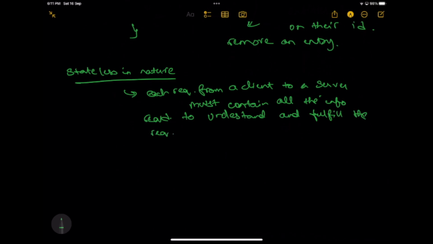If incomplete information is provided, then the request will not be processed. I'll show you that. So I have written a small program to demonstrate the same. I will go through it and explain it to you in detail once I go through the concepts of REST API in theory. There is no session state